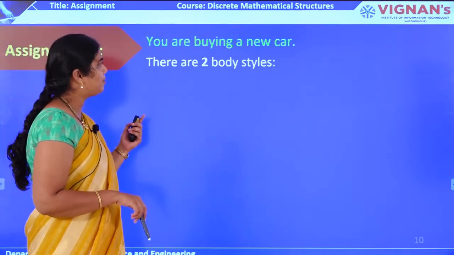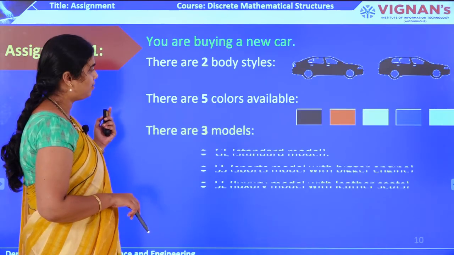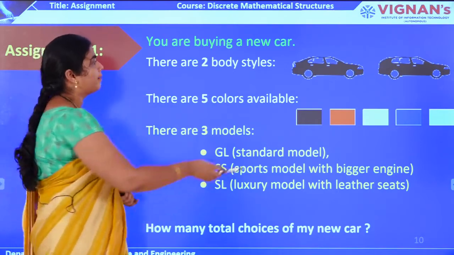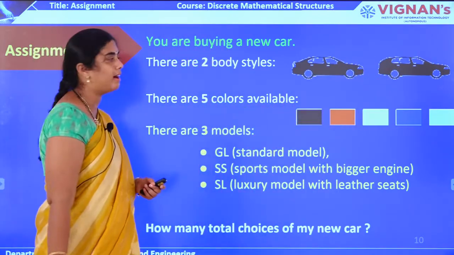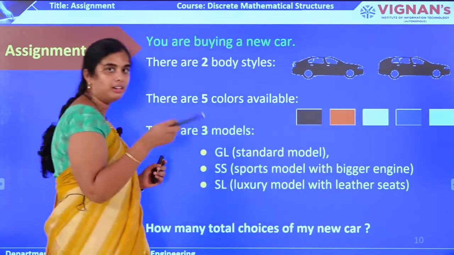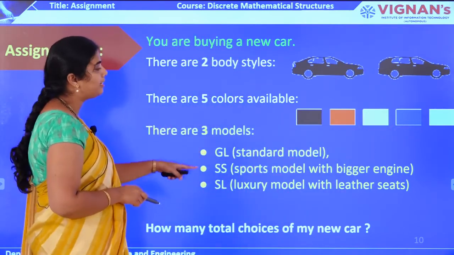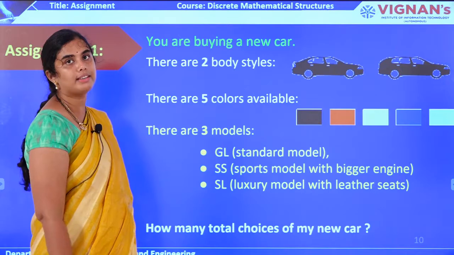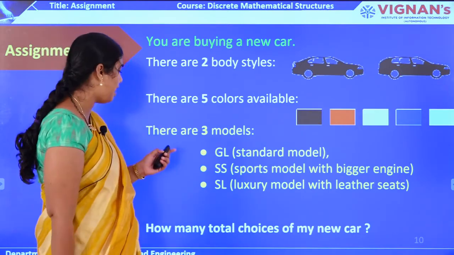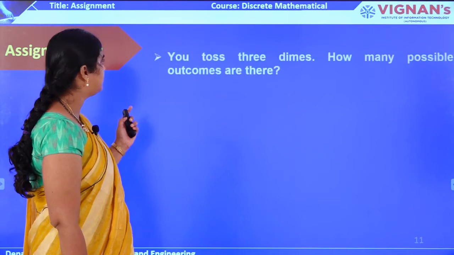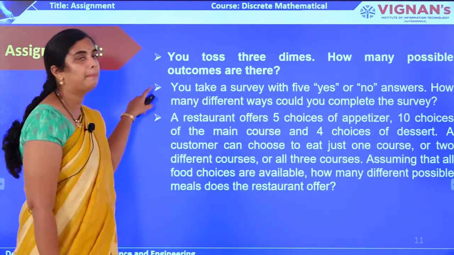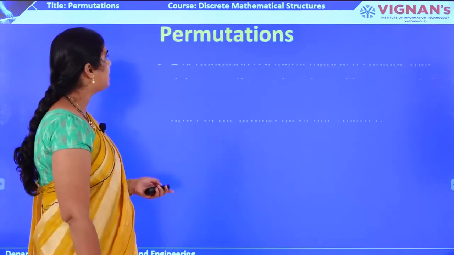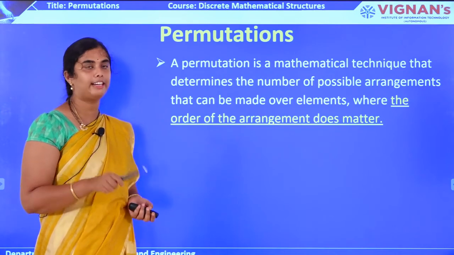And guys, this is the assignment question which I am giving for you. This is a very easy question. Suppose you are going to a showroom and you want to buy a car. These are the two car options which are provided for you, and these are the 5 colors of that car, and these are the 3 models. So solve this assignment question and say how many choices you can make in order to purchase the car. And this is another assignment related to the same one. So please note down these questions and try to solve the problem. Okay guys, this is about the sum rule and product rule related to counting.